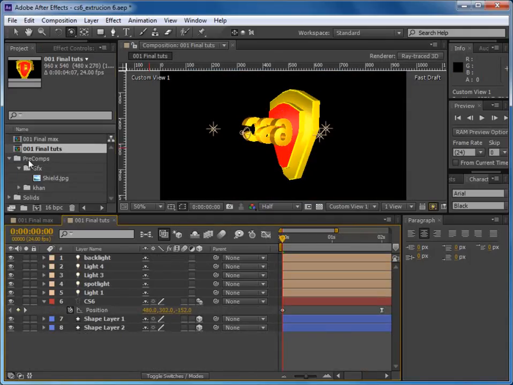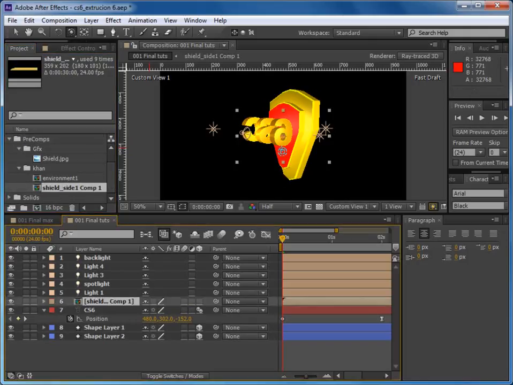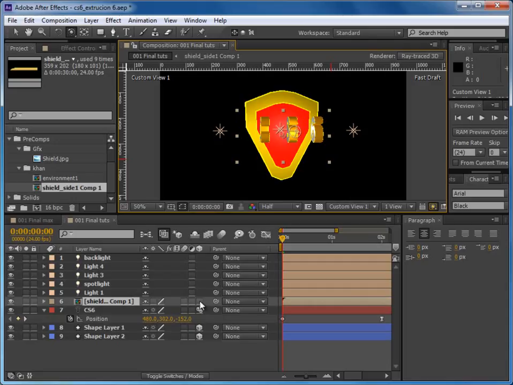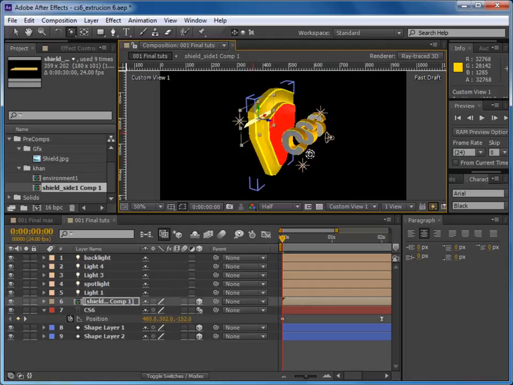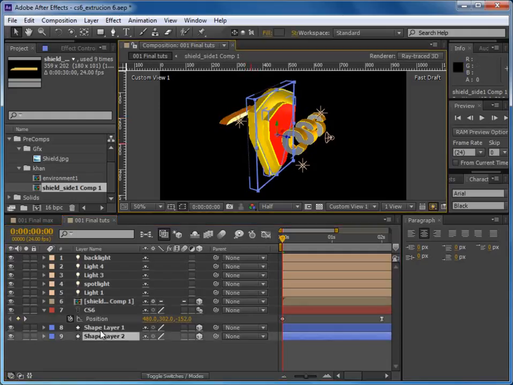So we go to pre-comps, and here I have this shield, just go and import it in our scene, press C and make it 3D so it shows up as well, and move it here somewhere, and turn on collapse transformation as well. This shield, press S and make it a bit smaller, it's a bit too big, so,